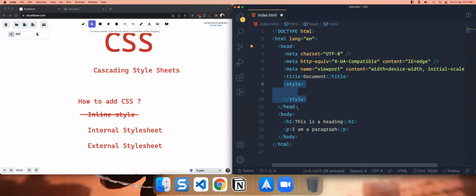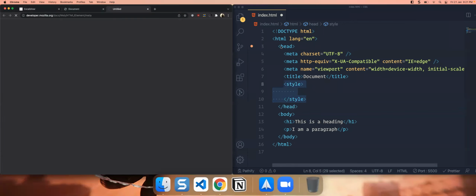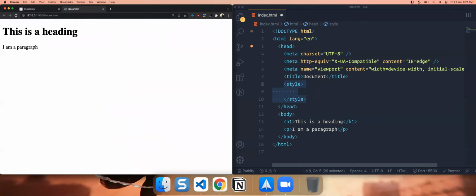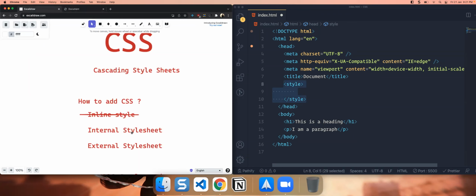Okay, within your head tag, if you add a style tag like this, and then if you add all the styles which have to be applied for this document within the style tag here, we call this an internal style sheet. Okay, now before going ahead with how to add styles inside this,